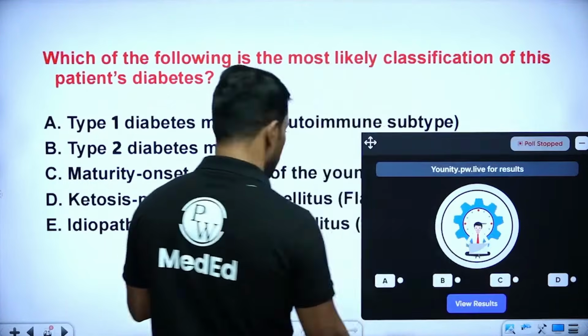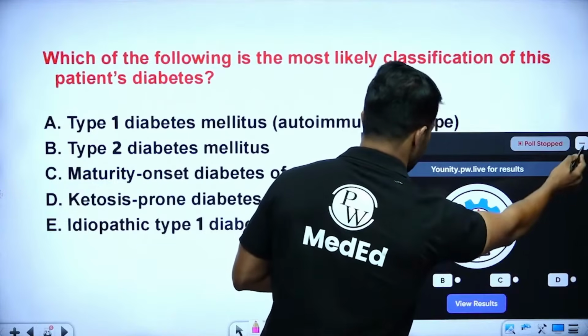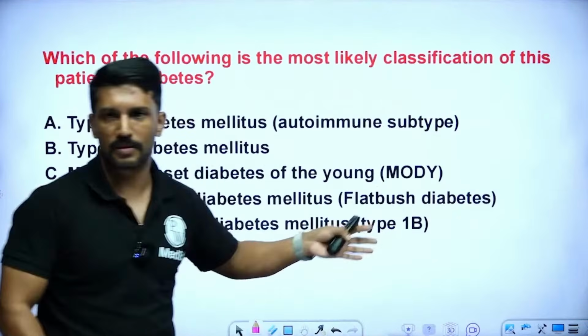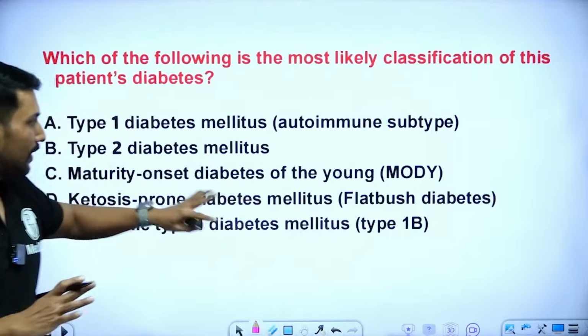Okay, so I think we had five options, right? So this poll makes no sense because it gave me only 4 options. Okay, nonetheless,